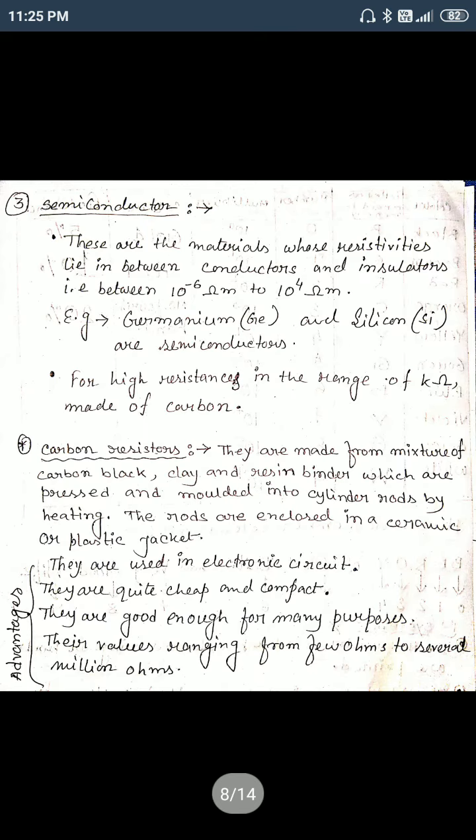Another substance is semiconductor. Why is it called semiconductor? Because at particular conditions this type of material behaves like a conductor, that means they conduct electricity through it. And at other conditions they behave like an insulator. That's why this type of material is called